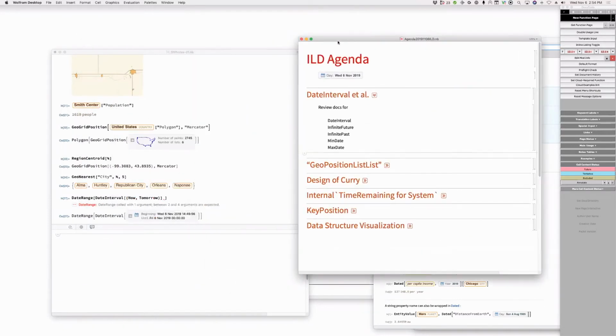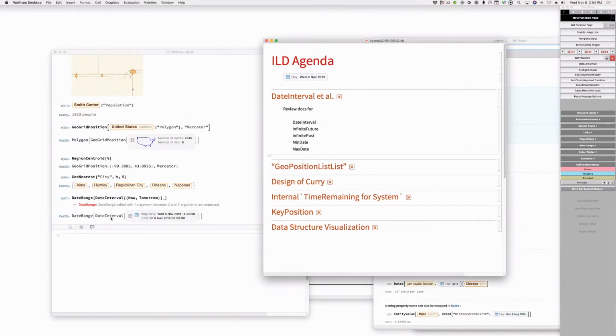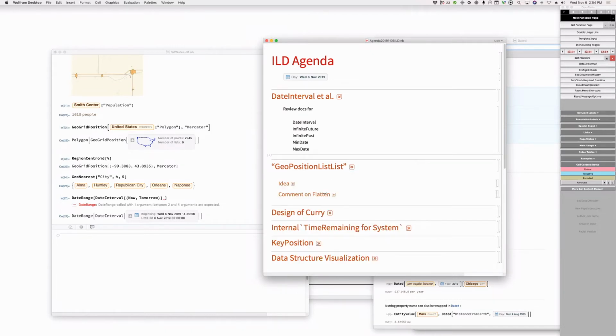Oh, wait a minute. Brian's asking, does date interval understand leap years within a range and return the correct number of years? I would hope so. Correct number of days. Yeah, I would certainly hope so. That's why date interval is pinned to specific dates. Yes, because it goes through date difference, and the difference certainly knows. Right. Once we fix the problem. There's a question about the fractal dimension of the US from polygons. Yes, the answer is yes, you can do that. But we will not do it in real time here.